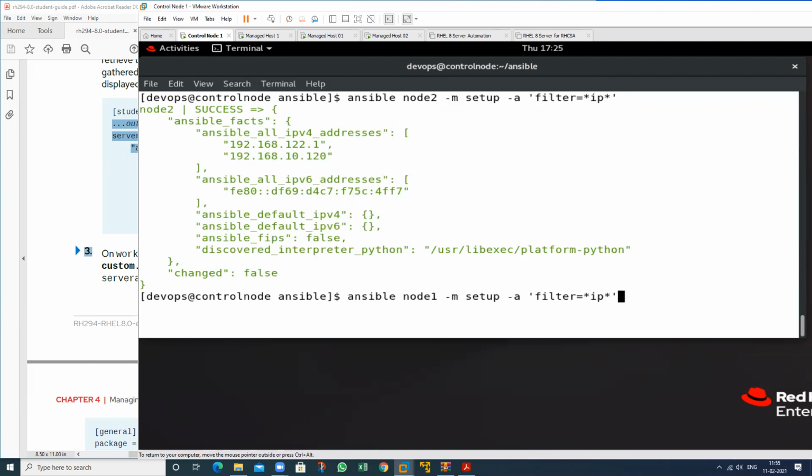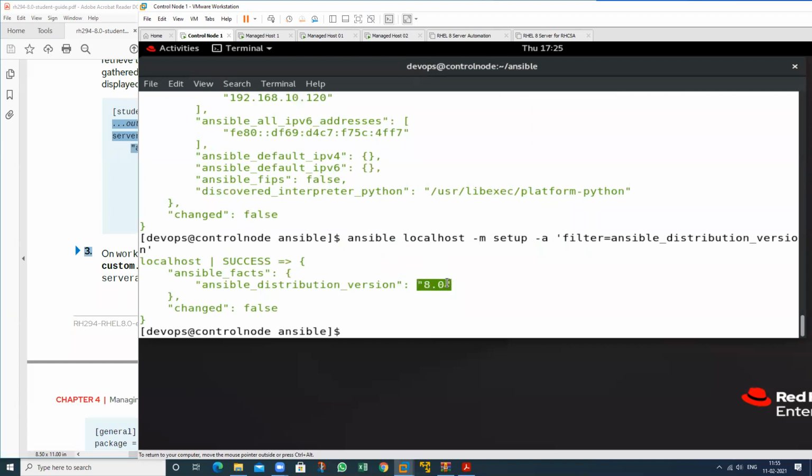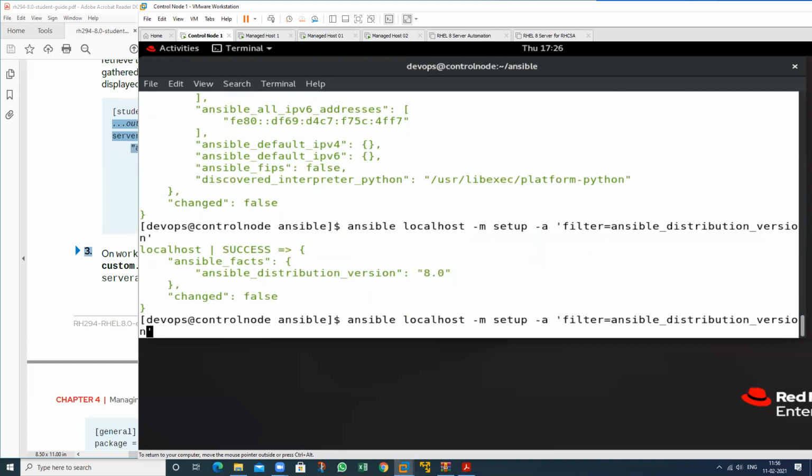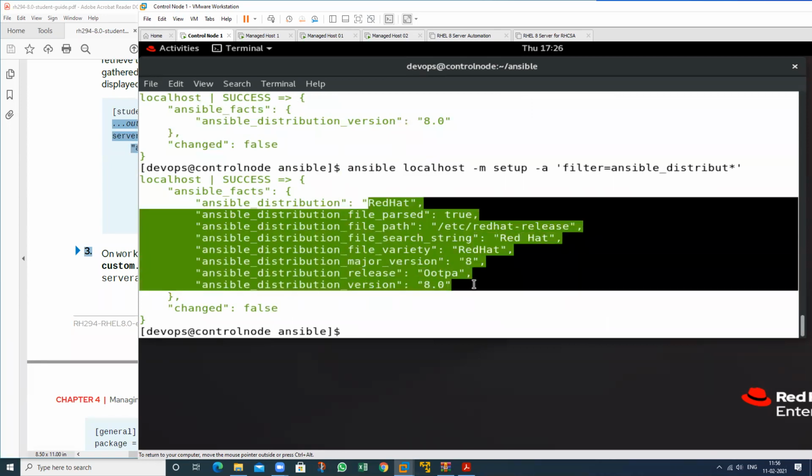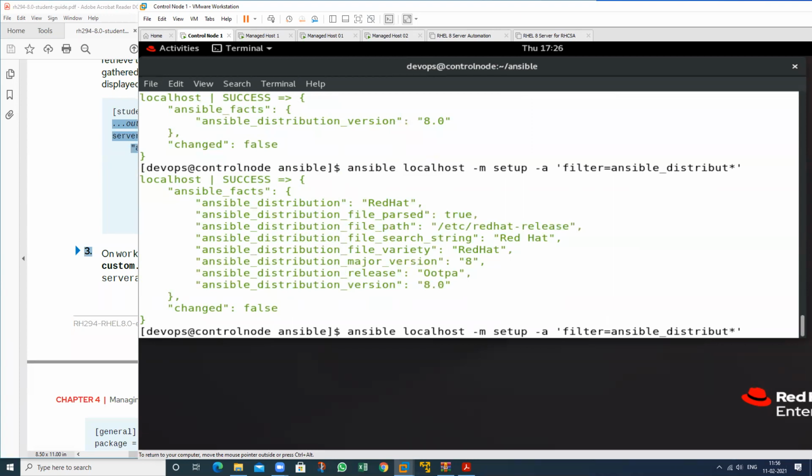Suppose if I want to check the version, the distribution of Red Hat, see 8. Just distribution, just type here star. See 8.0, all the information. For which machine?